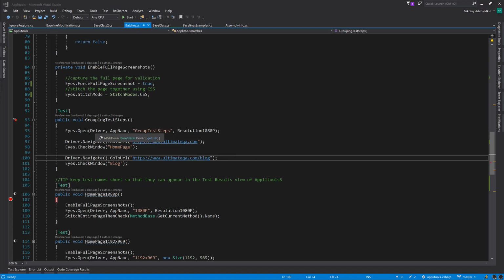The test steps you've seen before, that's this test case right here. And it's actually super simple. All it does is it basically allows you to have test steps that you might have in a workflow, right? So I don't really have too many workflows on my website, but you can imagine maybe you're navigating through a standard user workflow where I'm going to the home page and then to the blog,